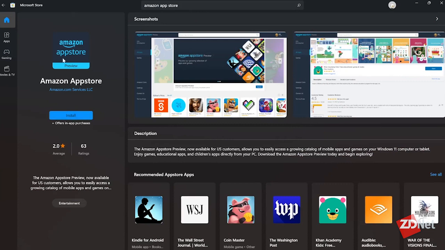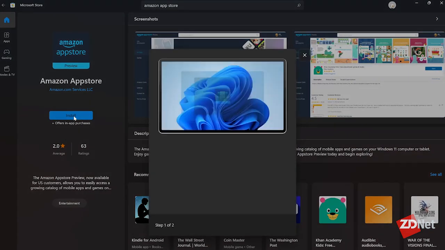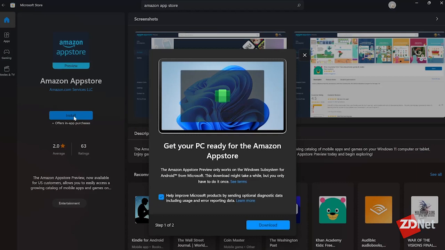All right, once you have verified that your system is ready to go and compatible, what you'll do in the Microsoft Store here with the Amazon Appstore is click Install. A dialog is going to come up letting us know that Windows 11 and your computer are going to install the Windows Subsystem for Android on your device. This basically means that it is installing everything your computer needs so that it can run Android apps and trick the apps into thinking they're running on an Android device. So after you read through that, click Download,